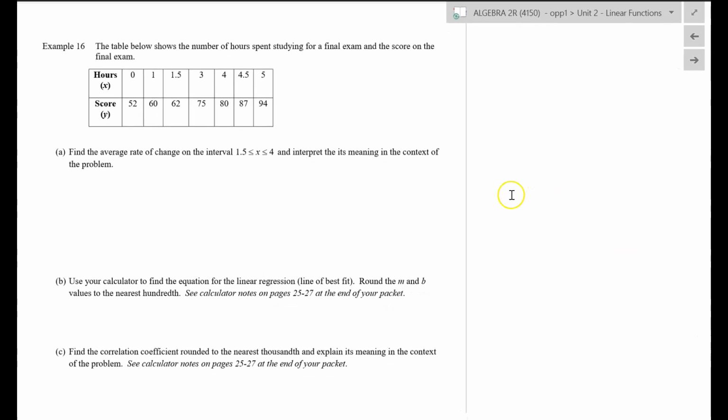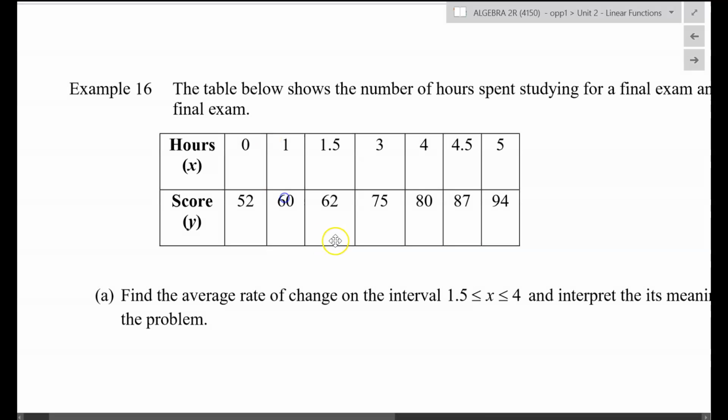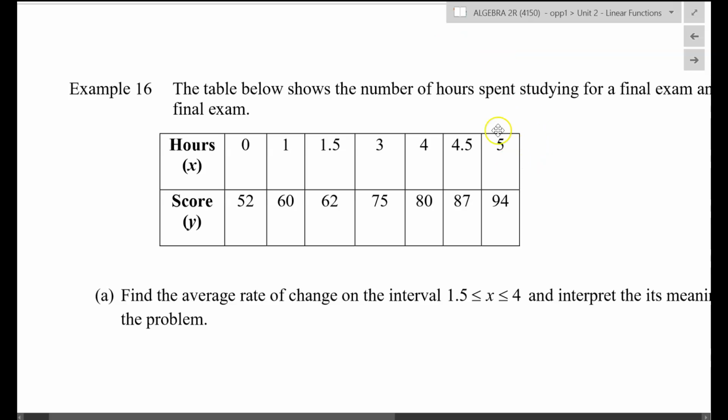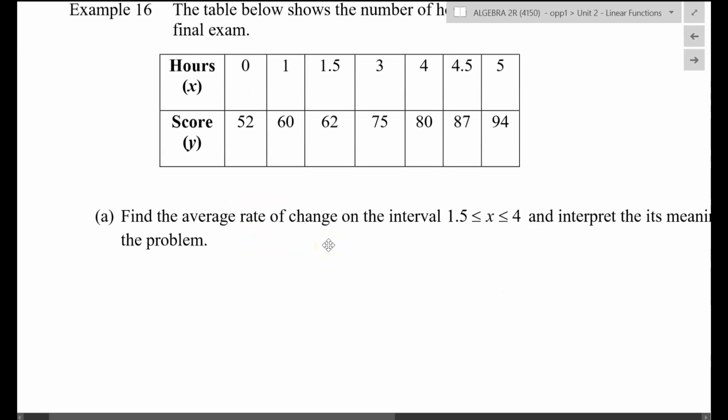All right, so we got to this example here, number 16, right? The table below, so we didn't finish this lesson, we'll finish this up now. Shows the number of hours spent studying for a final exam. Eager Beaver over here with 5 hours of studying. Who gets a 94? Of course, guys, this is not always true, right? Somebody who spends 0 hours doesn't always get the lowest grade, right? But anyways, find the average rate of change on the interval